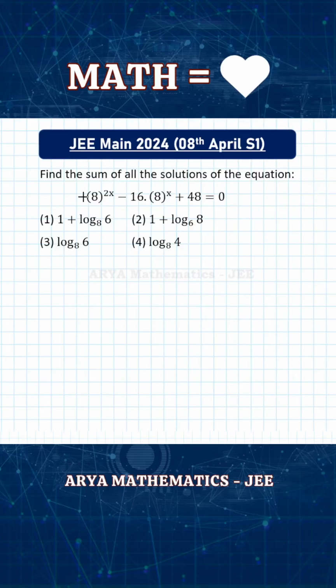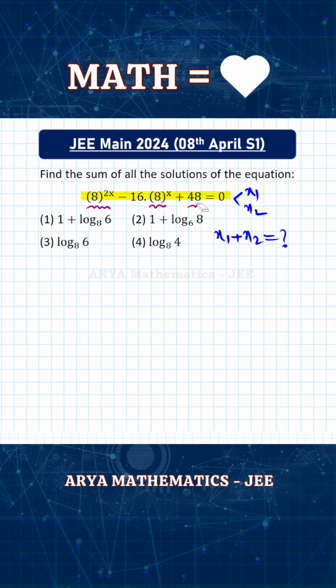Find the sum of solutions of this equation. Now, let us say that x1 and x2 are the roots of this equation. Then basically the problem is we need the value of x1 plus x2. Now, as you can see, we have 8 raised to 2x minus 16 into 8 raised to x plus